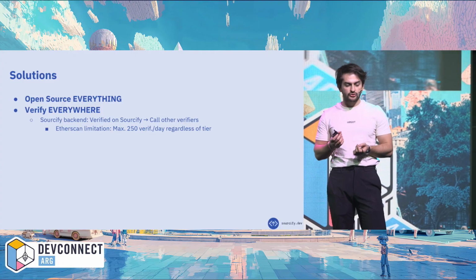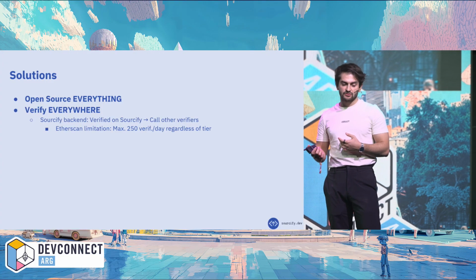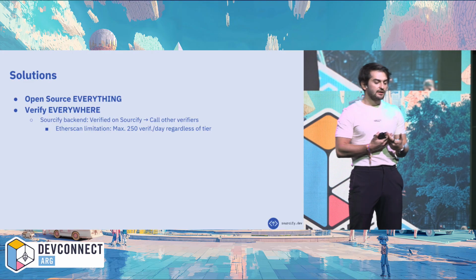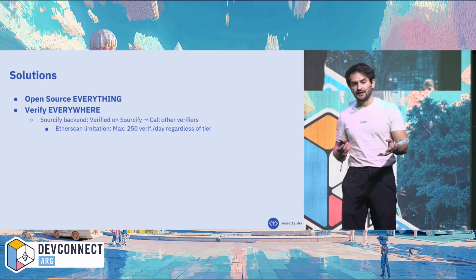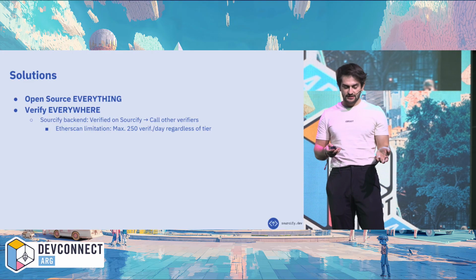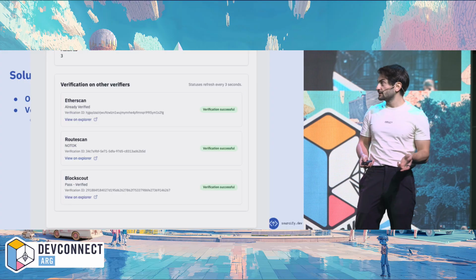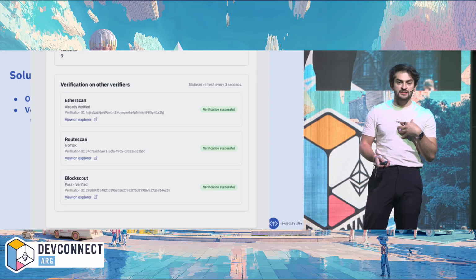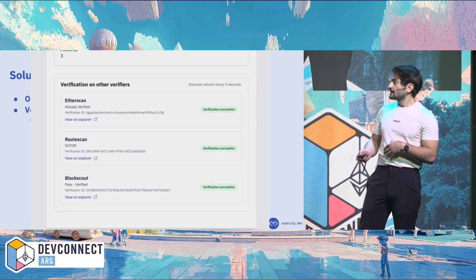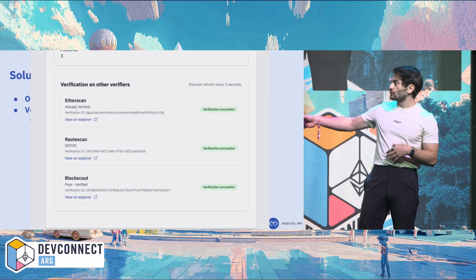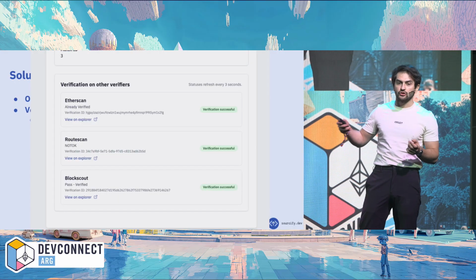So what we do at Sourcify since recently, I would say, when you verify on Sourcify, we also share this with other verifiers. So for example, you submit a contract to us, we verify it, but also you can see on our UI what the verification status is on other verifiers.